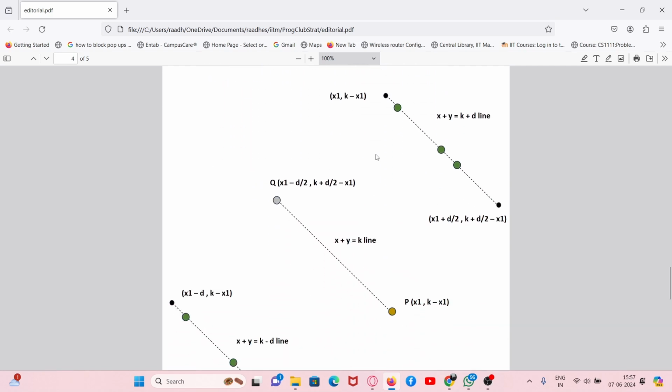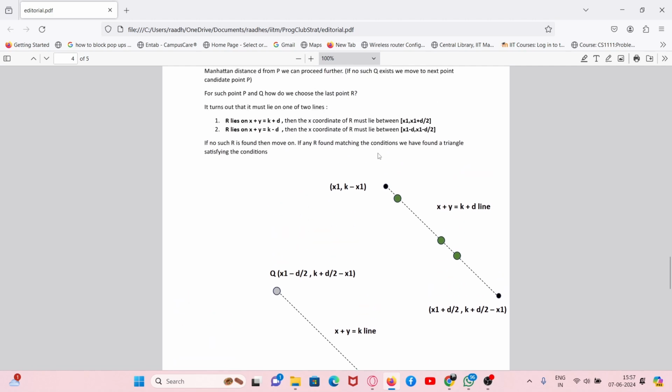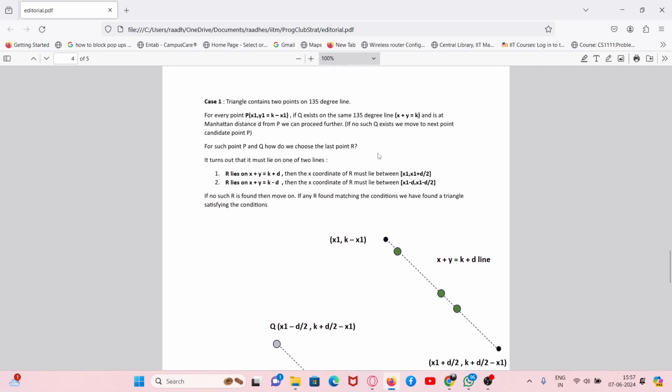I mean, it's not hard mathematics, but yeah. Okay, so case 1. Suppose that the triangle contains 2 points on a 135-degree line. That is a downward sloping line. So now